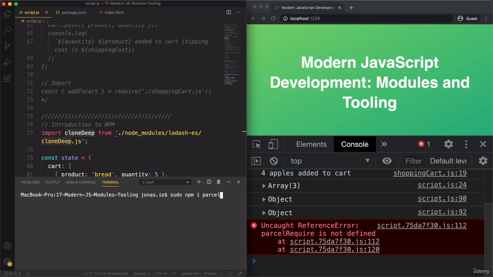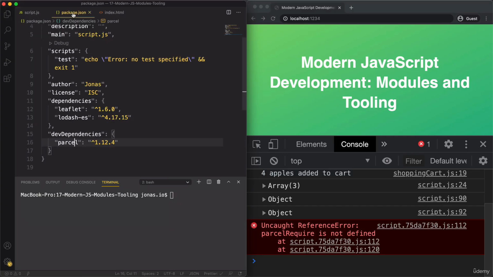This will then ask you for your password, and then hopefully that's going to work. Now, if that doesn't fix it, then you have to install exactly the same version as I am using here. So we can read that in our package.json file. And so here you see that I'm using version